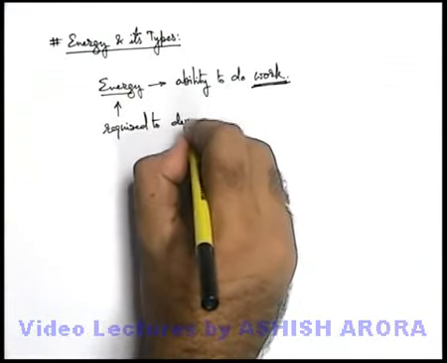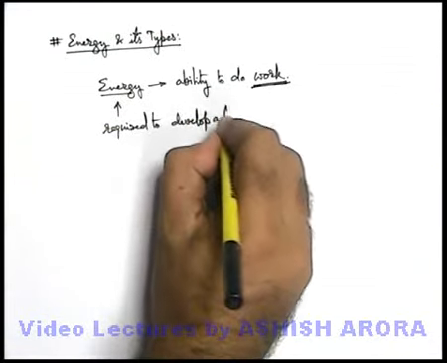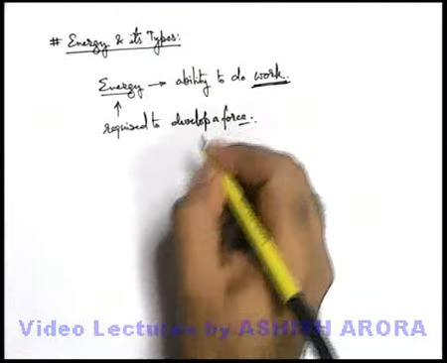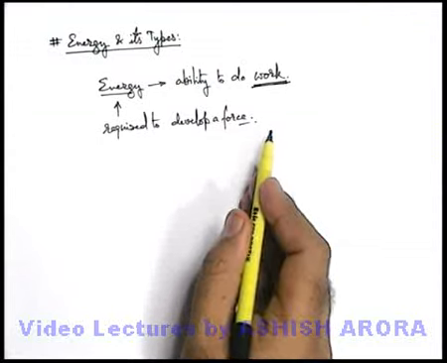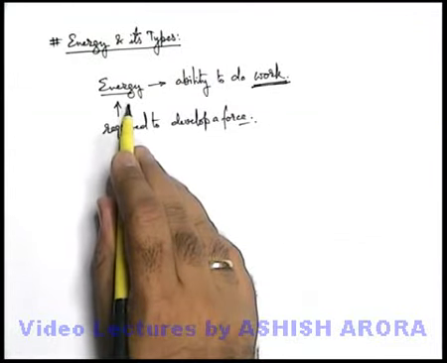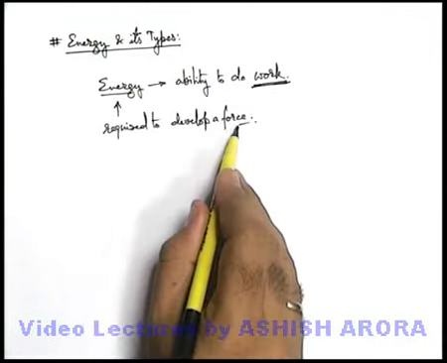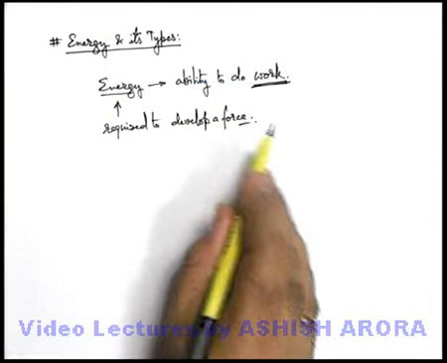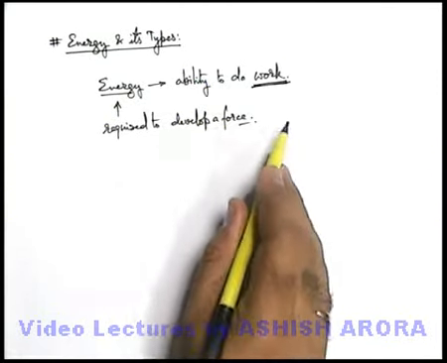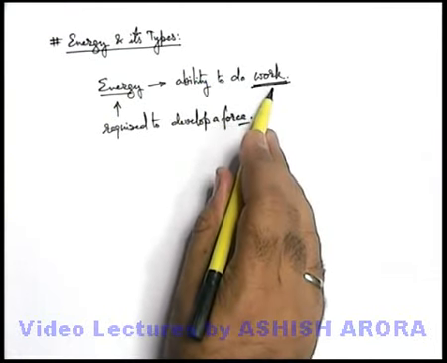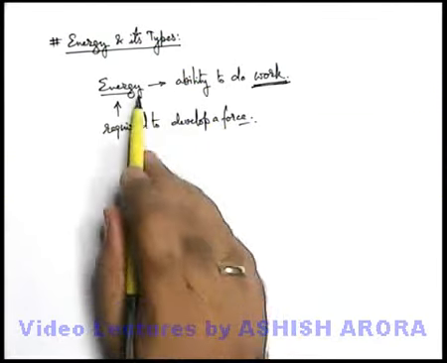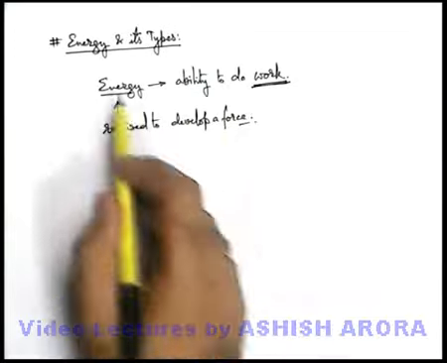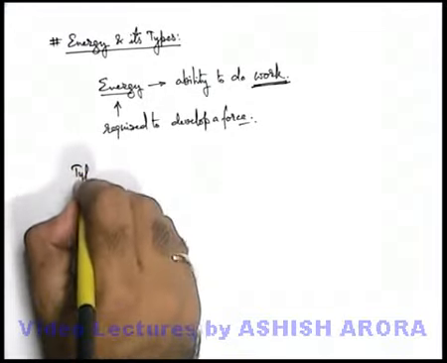to develop a force. Any object which is producing a force on any other object must have some energy. Because by energy, force is produced, and whenever the force produces some displacement, energy is transferred, and we say work is done. So you must be very clear with the concept of force, work and energy. If we talk about types of energies,